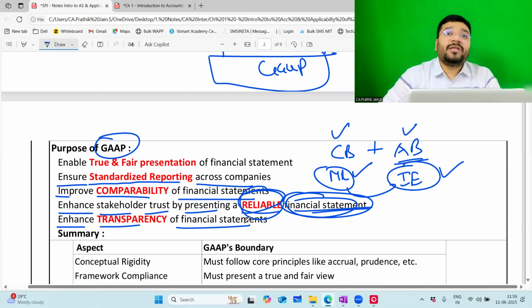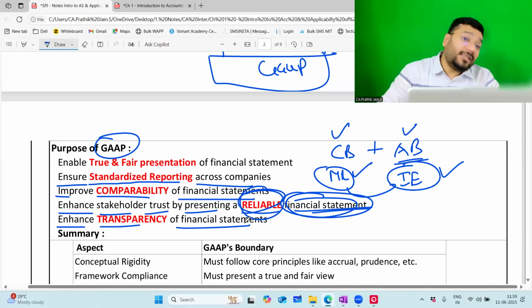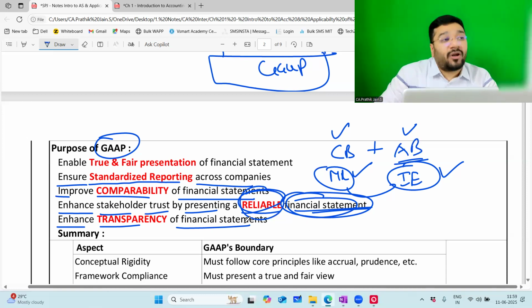Now this matter will be resolved where? In the court. Until the judgment of the court comes, there are chances that you might have to pay the 25 crores. Maybe yes, maybe not. 50-50. You can't say that I will not pay because judgment is yet to come. Judgment can come in anybody's favor. So the probability is still 50-50. So this information as a contingent liability, should I disclose in the FS or not?